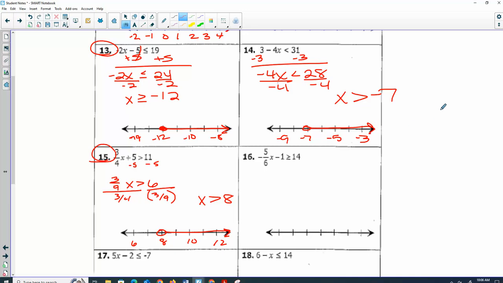Okay, how do you guys feel with this stuff? Any issues at all? Do we need more practice? Okay, I'm going to give you a handout. We have a lot